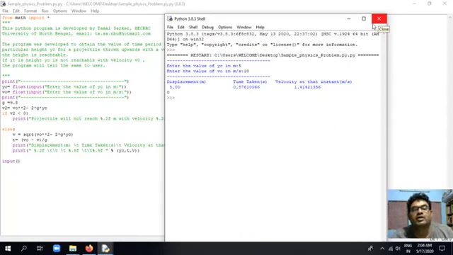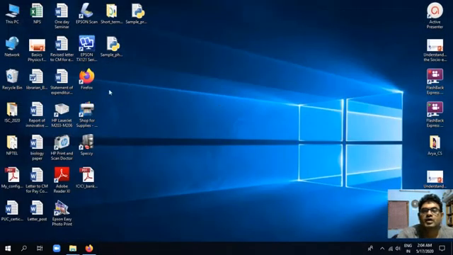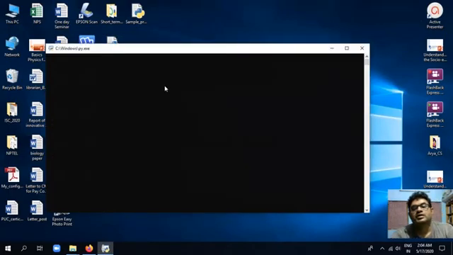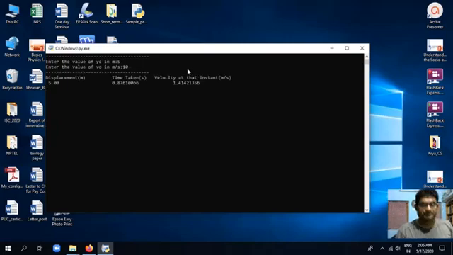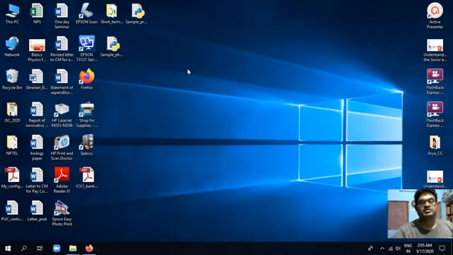Now why I have done this, I am explaining. When we double click on it, the program will open and close. If you give this input, then it will remain on the screen. Let us see it. Now I am double clicking. See, it has opened, and now I am giving the same inputs: 5 meters, velocity 10 meters per second. See, now it is waiting for the input. If it were not, the screen would close. Now I am giving the input and it closes.